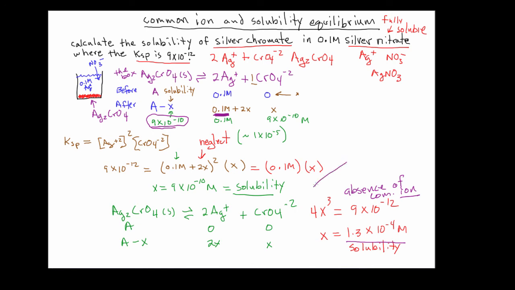So when you're running these common ion problems, I always recommend to the student that you also calculate the solubility in the absence of the common ion, and make sure when you compare those two values that the solubility of the salt is appropriately much smaller than the solubility in the absence of the common ion, because that is a requirement because of Le Chatelier's principle. And with that